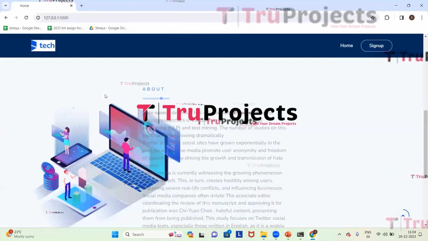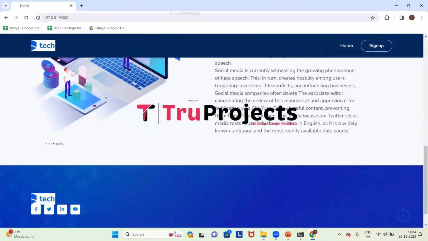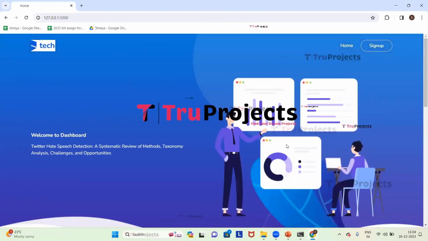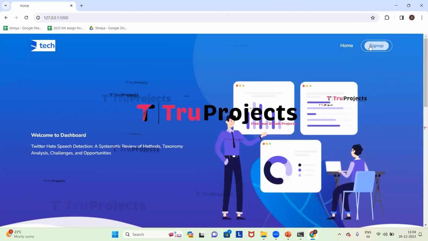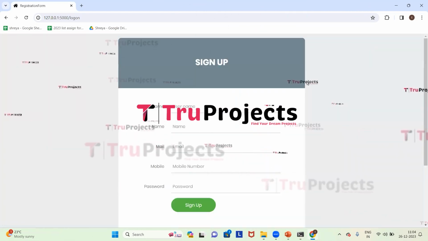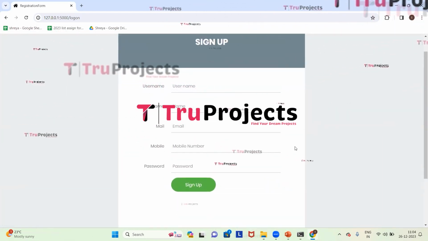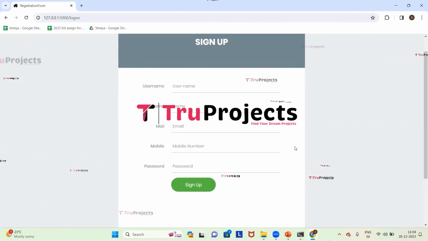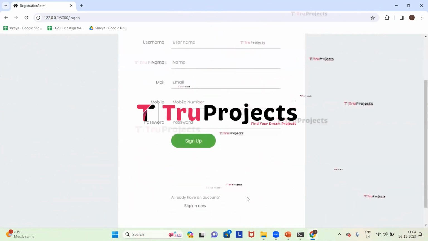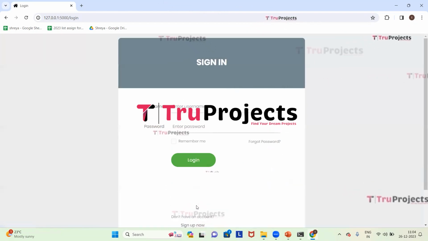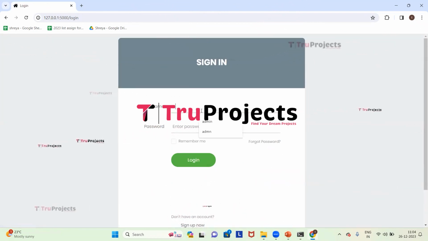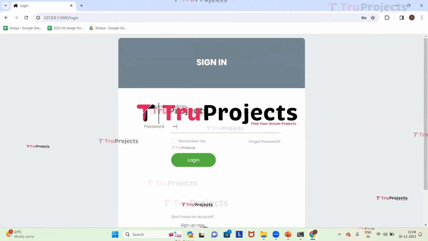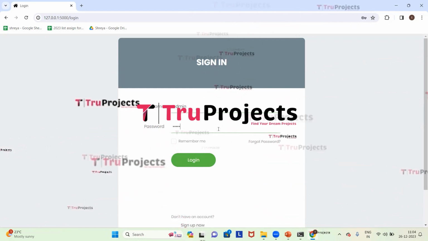This is the web page of the project, which is displayed in the browser, and this web page is built by using the Flask framework. Here we can see a sign up link. We need to click on that first and enter all the sign up details if we are signing up newly. I have already signed up and I have an account in it, so we'll directly click on sign in. Here we need to provide our credentials, which are the username and the password. So I'm giving my username and the password. Now we need to click on login.